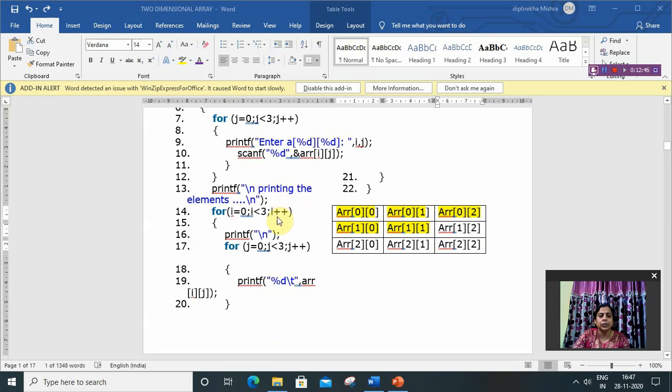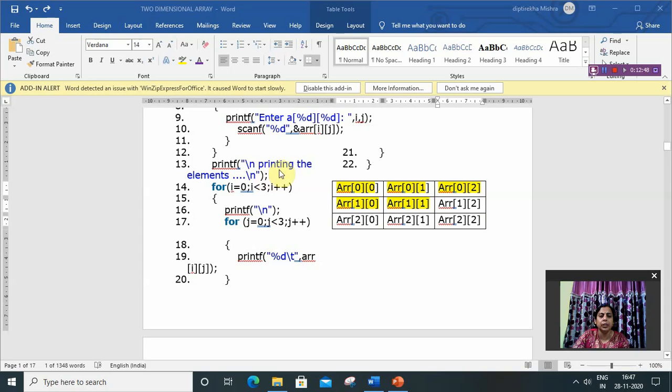Okay, then next, for displaying the elements, that is printing the elements, there are again two for loops. These two for loops are for displaying the element from ARR[i][j]. First it will display ARR[0][0], then [0][1], then [0][2]. The last \n is for a new line.